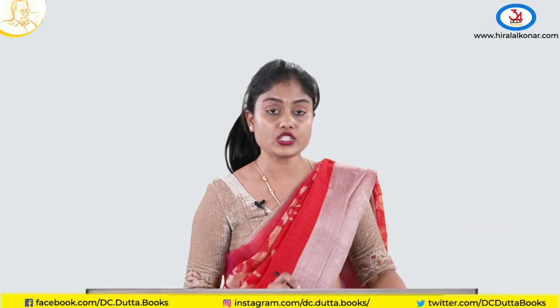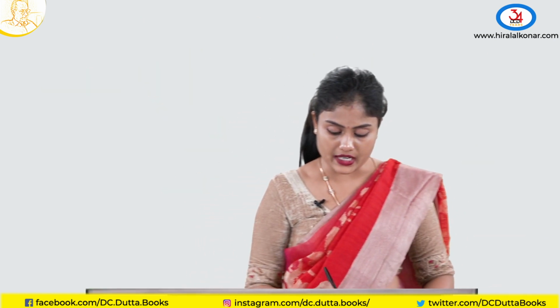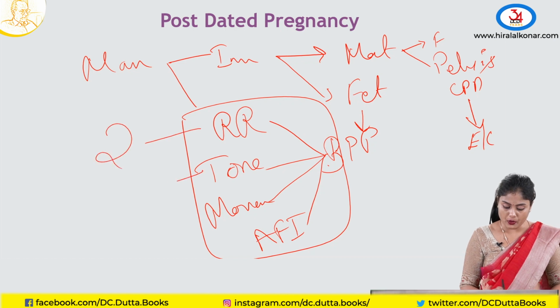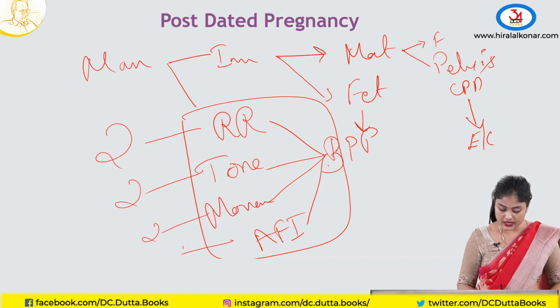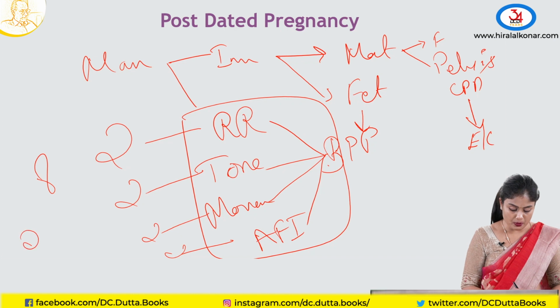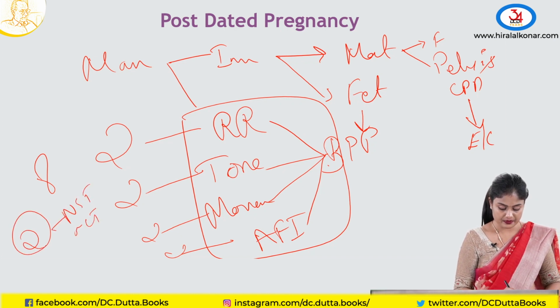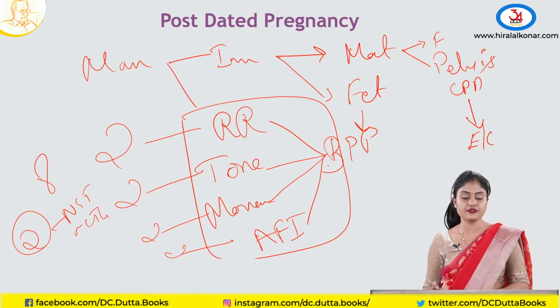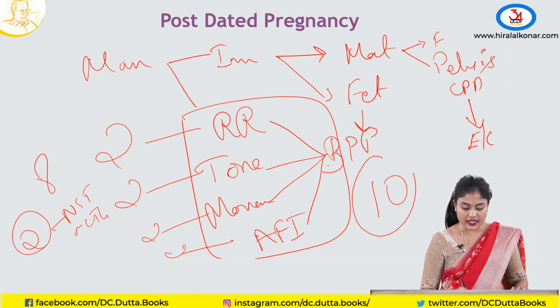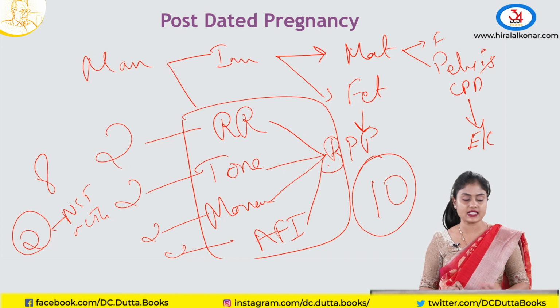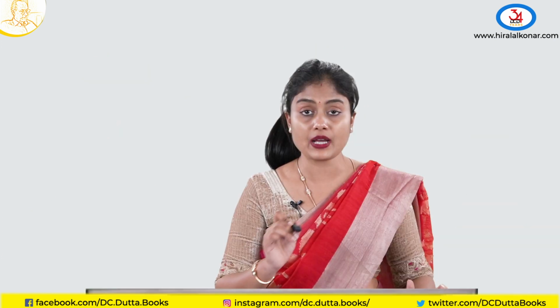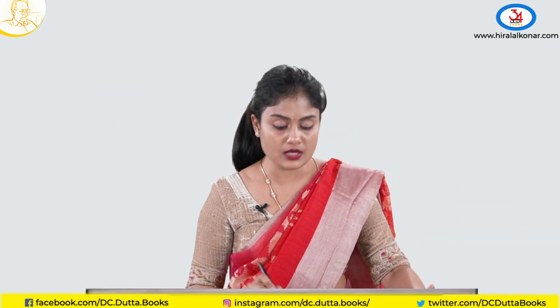These are the inclusions of a biophysical profile. Every score has 2 points, a total of 8 by scan and 2 points extra by NST or a CTG. So you will monitor this fully and give a score out of 10. If the liquor is adequate and the baby is healthy, you can wait from late term to post term for